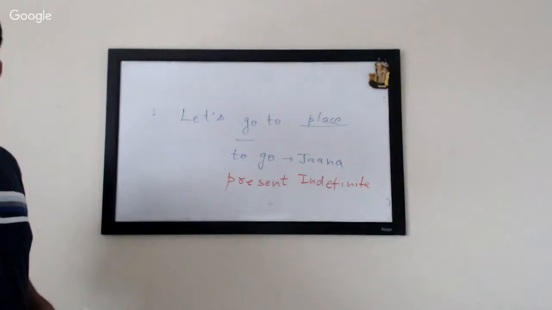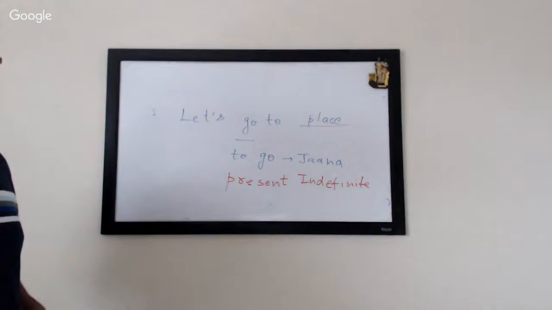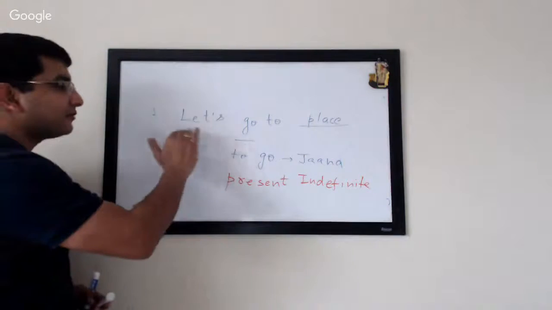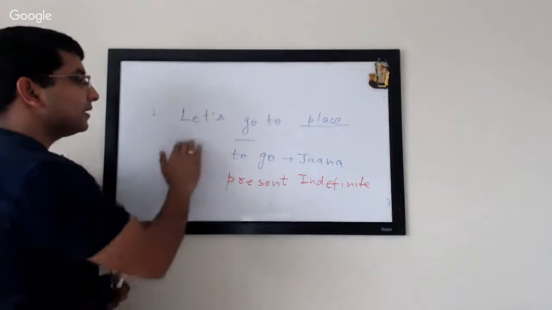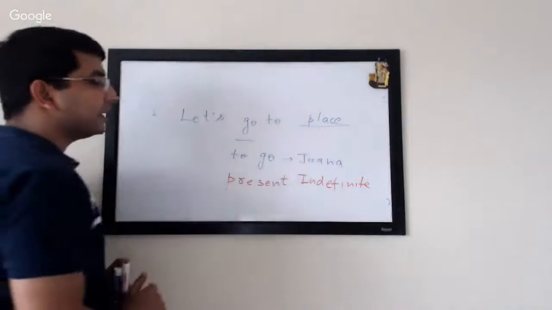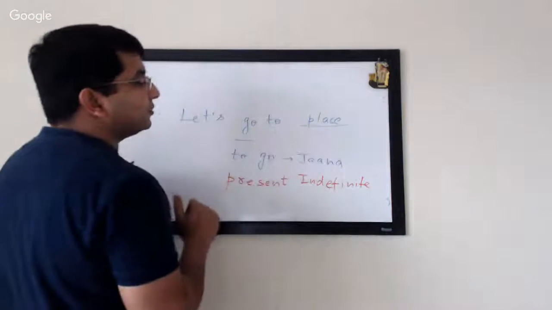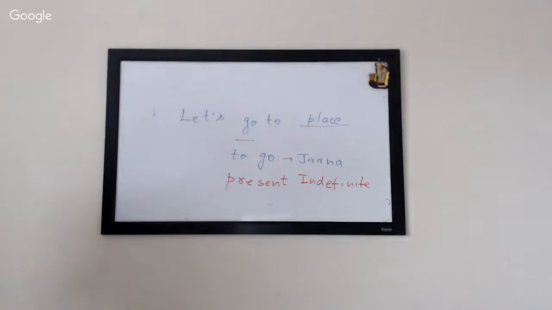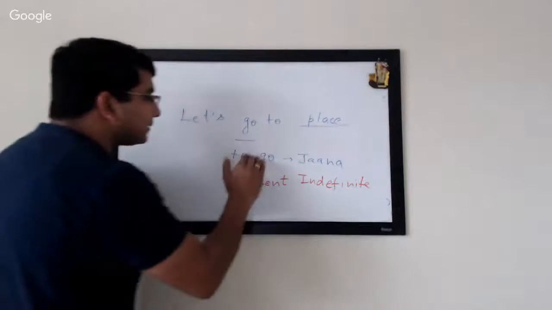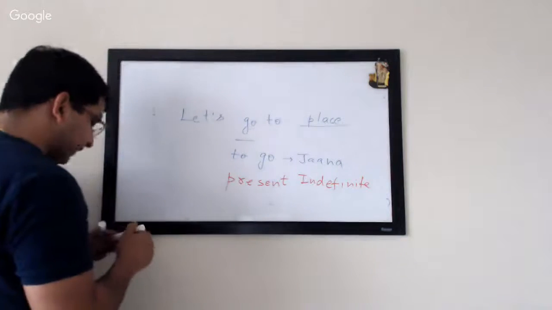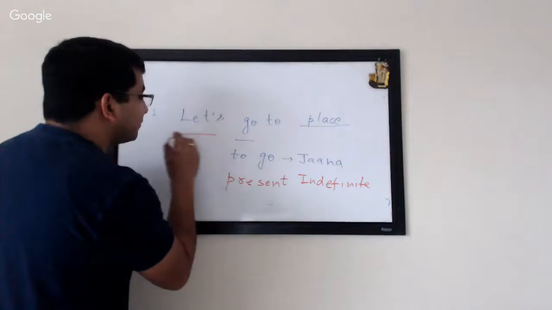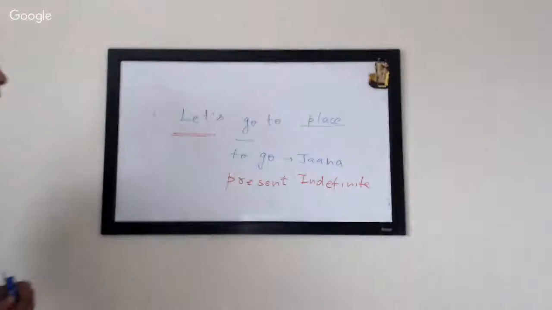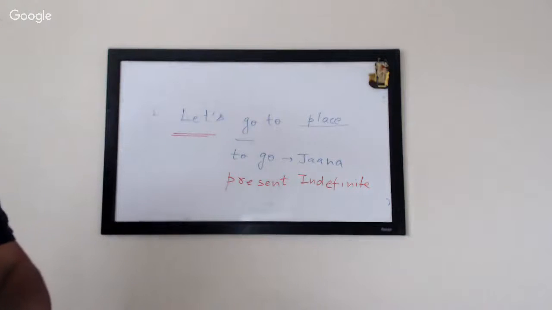So folks who just joined, we are just getting started on today's class. The topic is planning a trip in Hindi. The first structure that we are learning is how do you say let's go to a particular place? Let's go to Peru, or let's go to New York, let's go to Agra, or let's go to Kerala, right? I think only the first part is new to our class. I'm very positive that most of you will be able to say the second half of the sentence.